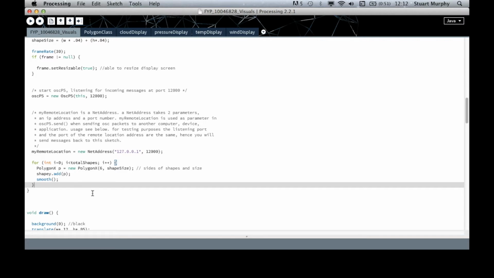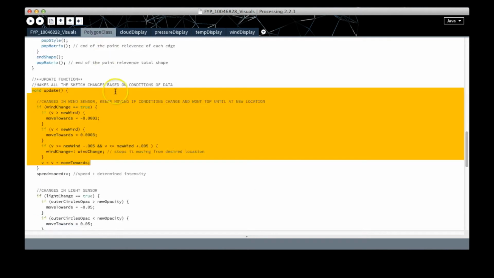I must point out that the size and the location of each of these 12 shapes is completely dependent on the screen width and height being used, whether it be a Mac laptop, a Windows screen, or a large iMac. I've tried to make it relative so it always calculates to be in the same position relative to the size of the screen. The polygon class essentially deals with all these details